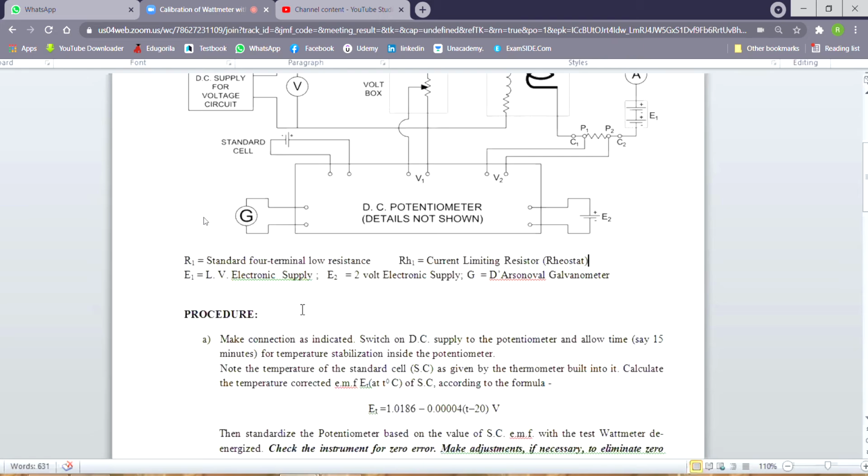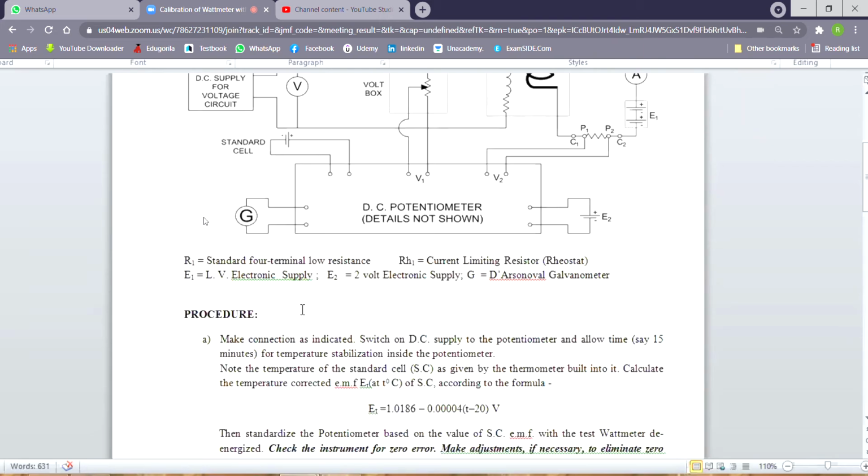Our slide wire will carry a fixed value of current only. It means our working current is set at a fixed value. And once the working current is set at a fixed value, we know the length of the slide wire at the null condition of the galvanometer is proportional to the applied voltage. Once standardization is complete, we go to the test mode by changing the knob position from standardization to